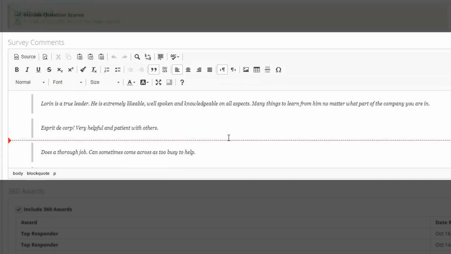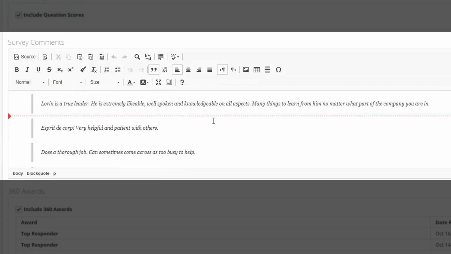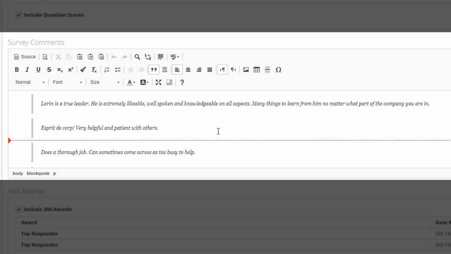You want to make sure that there's no bullying in here. You want to make sure there's nothing unproductive or comments that are not helpful in the realm of planning or career coaching that you have for the individual. That's why we want the supervisors to review this and edit this before it is shared with the individuals. So that way we can make sure that this is valuable information for growth for the individual that can be used in quarterly one-on-ones or annual or semi-annual reviews. This is additional material that they can use.